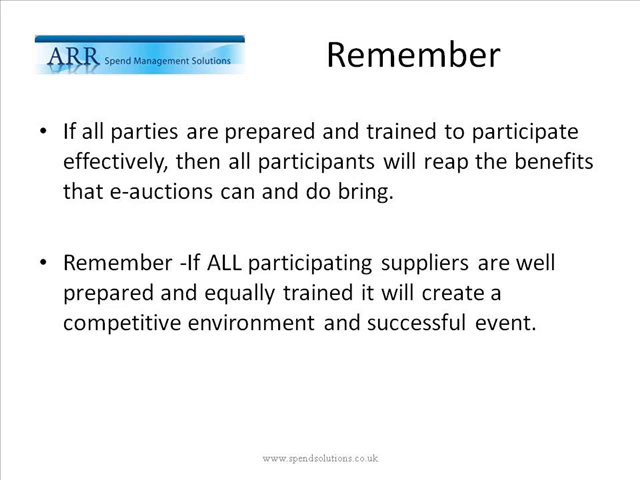Finally, if all parties are prepared and trained to participate effectively, then all participants will reap the benefits that e-auctions can and do bring. Remember, if all participating suppliers are well prepared and equally trained, it will create a competitive environment and successful event. So good luck, enjoy the e-auction technology that's out there,